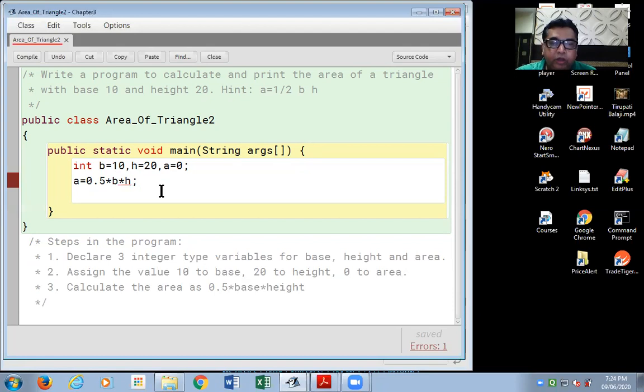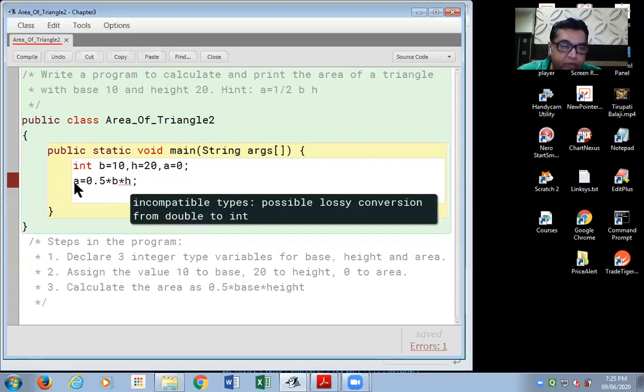Next, we have calculated the area of triangle, and next statement is system. Now one moment. Since I calculated the area of the triangle, I've written the formula for that. Tell me, when I'm saying I've calculated the area of triangle, will it appear on the screen on its own?